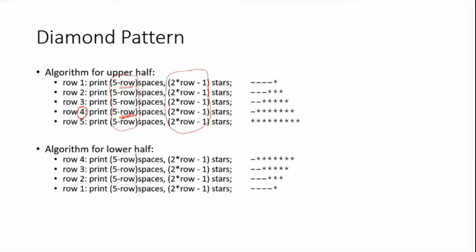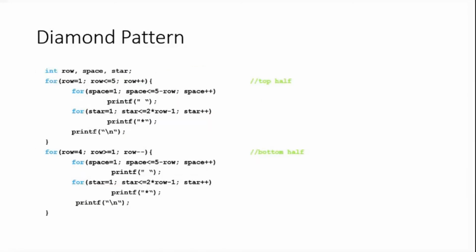And in the lower half, what happens is again repeated. Row 4 is repeated, row 3 is repeated, row 2 is repeated, and row 1 is repeated, that is, in the reverse order. These first 4 rows are repeated in the reverse order. So let's see how this is being